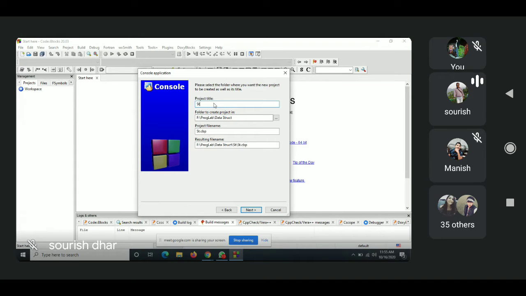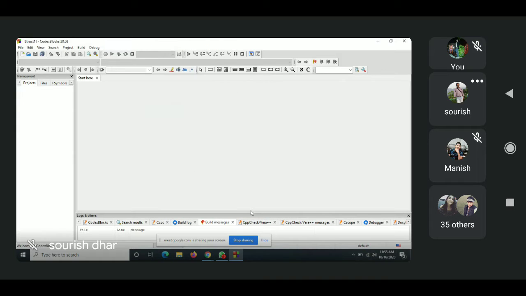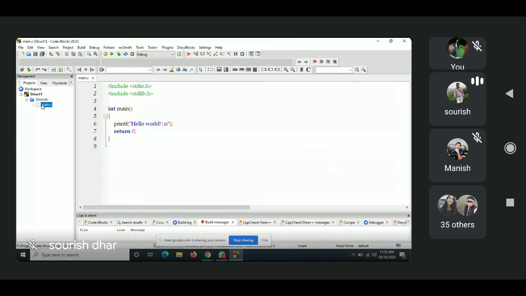I was looking at structure, right? Structure one. Next. So my name of my program is struct1, and I can go to main.c. Is it visible? Yes. Okay.